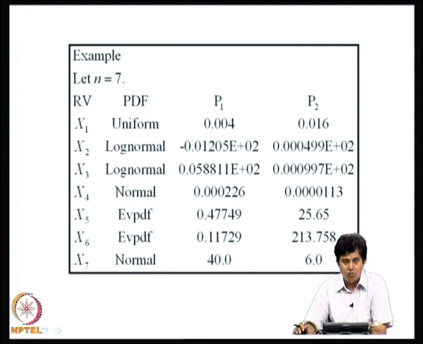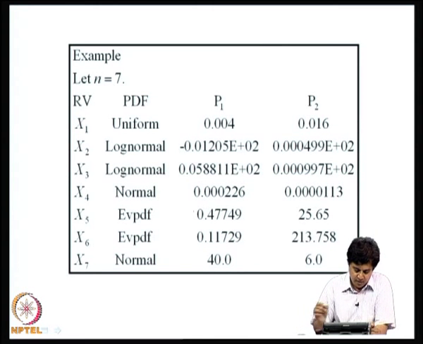Now, a slightly more complicated example. There are 7 random variables: x1 is uniform, x2 is log normal, x3 is log normal, x4 is normal, x5 is extreme value probability density function of type 1, x6 is again extreme value type 1, x7 is normal, and p1 and p2 are the parameters of these distributions. There are 7 random variables,